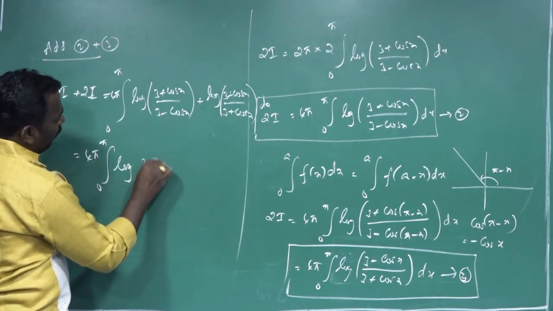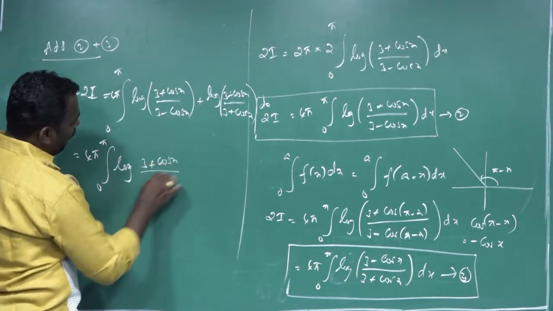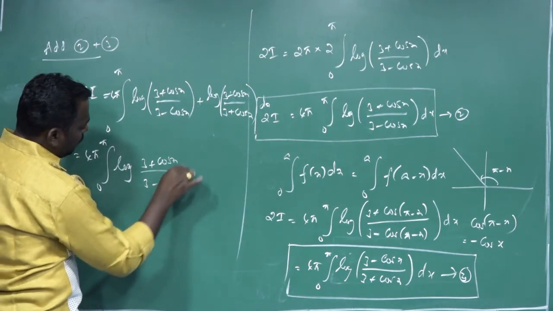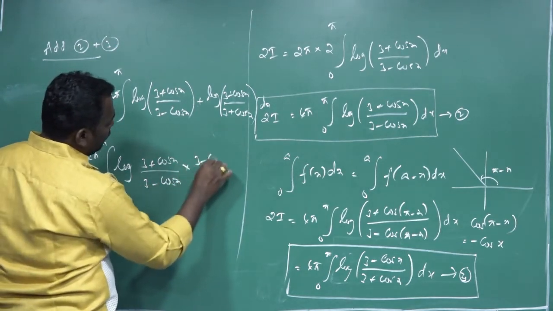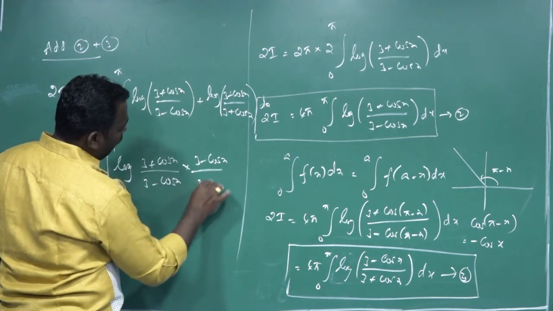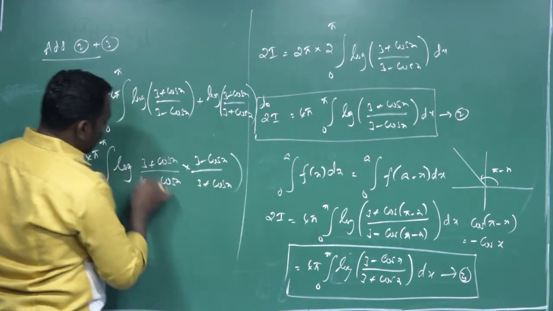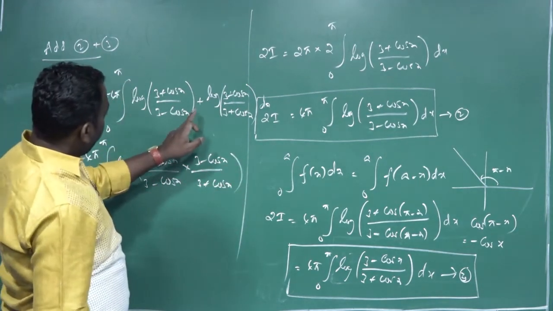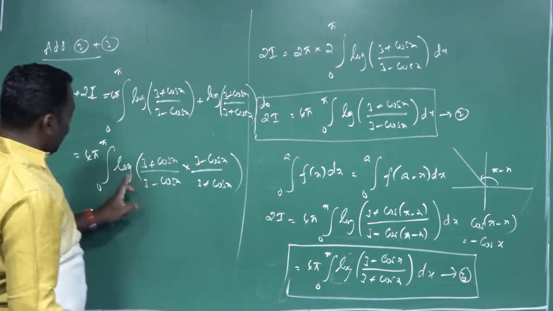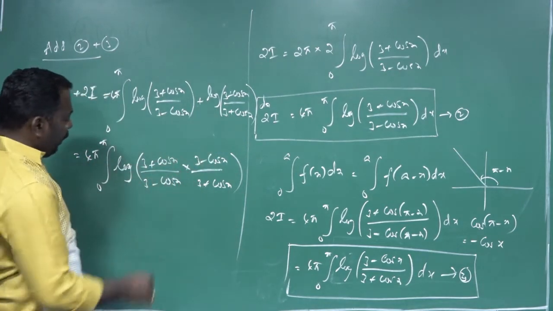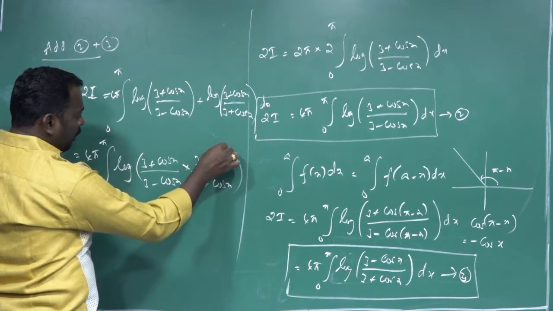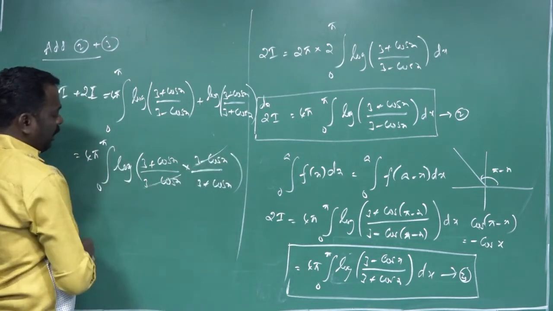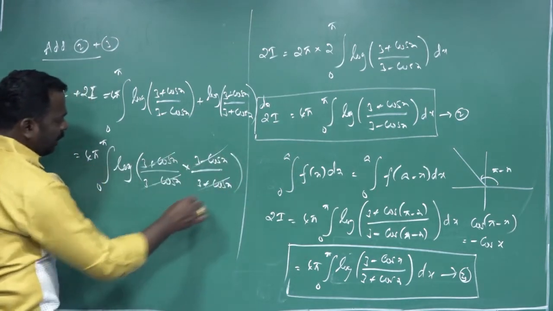Therefore 3 plus cos x by 3 minus cos x into 3 minus cos x by 3 plus cos x. Log m plus log n equals log of m into n. Now the 3 minus cos x and 3 minus cos cancel, 3 plus cos both cancel, and here